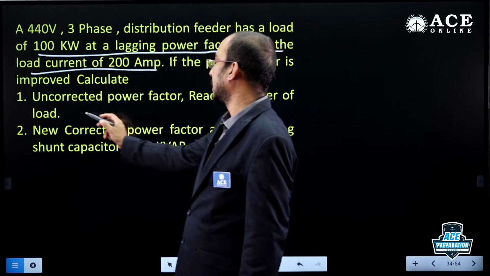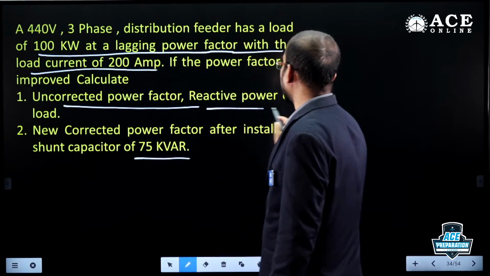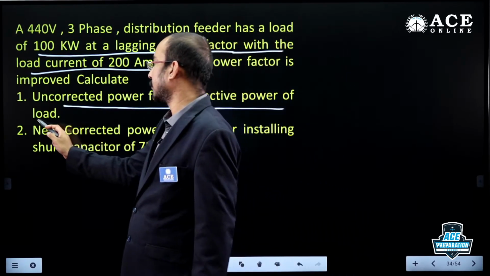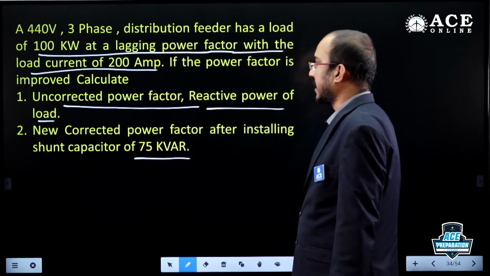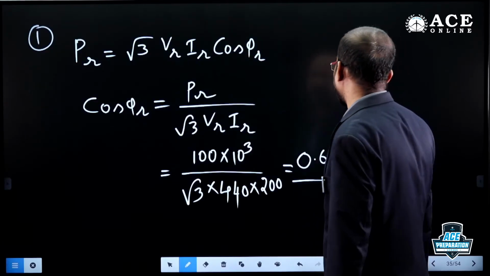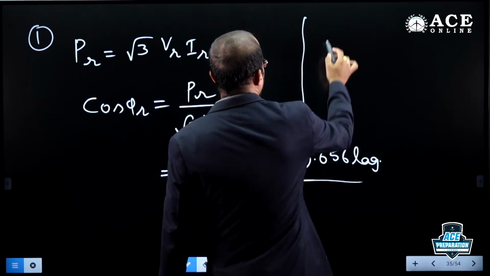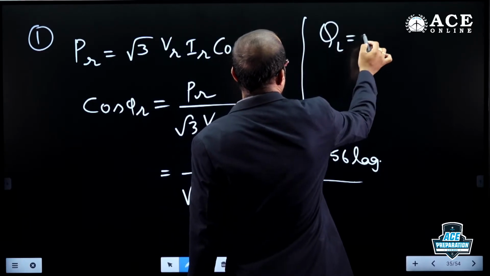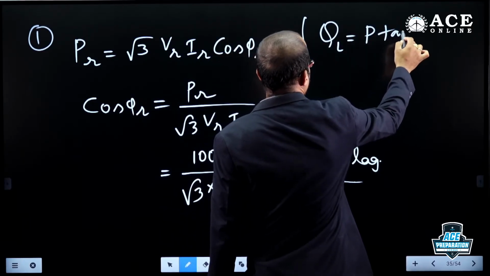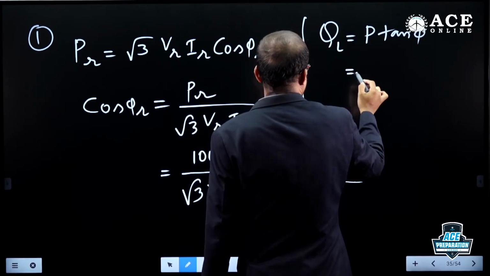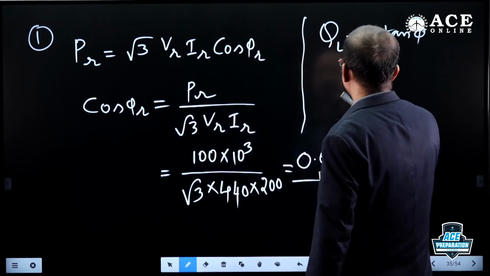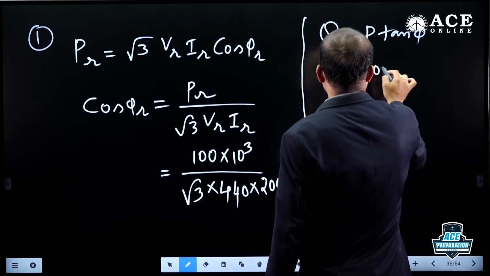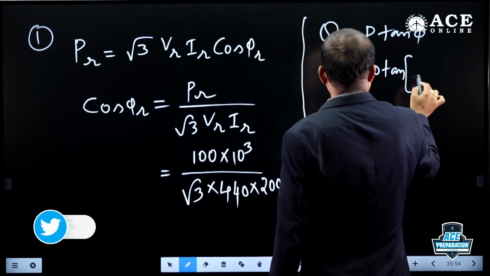Here, if you observe, it asks for the uncorrected power factor and also asks to calculate the reactive power of the load. What is the load reactive power? So, how do you calculate? He is asking to calculate QL, that is P into tan phi. P value is 100 kilowatt here. 100 into tan of